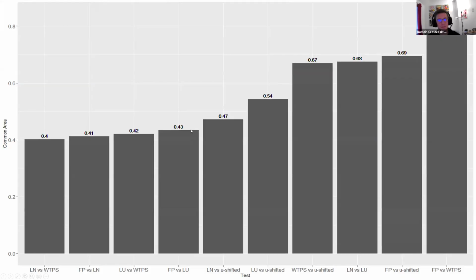But in fact, we run some tests to check what is the area in common between these distributions. And we find that the mu shifted distribution has 47% of its surface in common with the log normal distribution, while it has 67% of its surface in common with the willingness to pay distribution, meaning that the mu shifted approach